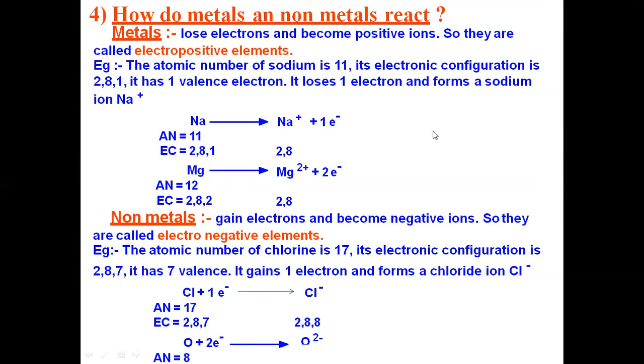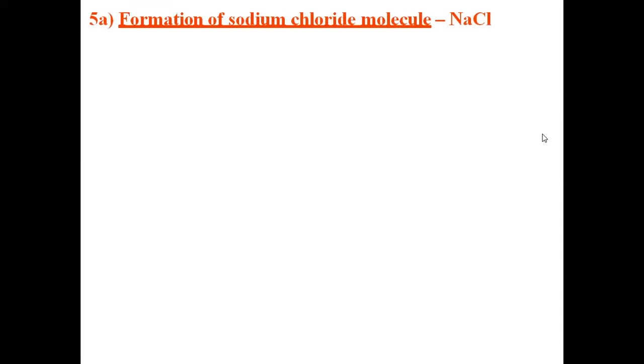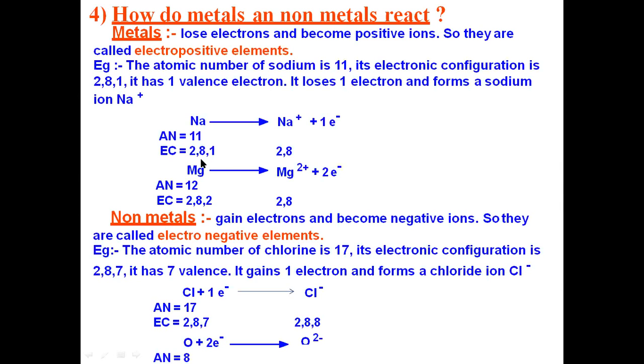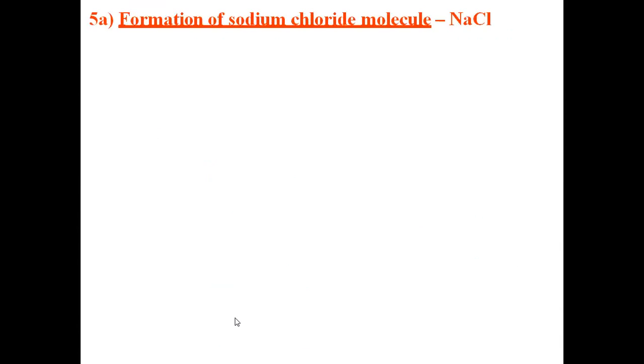Okay, so we'll see how some of the compounds will be formed by this property, that is electropositive property and electronegative property. The first one which I am going to explain is formation of sodium chloride. In sodium chloride, sodium is a metal, chlorine is a non-metal. We have seen sodium in the previous case. Sodium contains how many electrons in the valence shell? 1. Chlorine requires how many electrons? 1. So sodium contains 1 electron. I have written only the outermost electron here. 1 electron in the outermost.